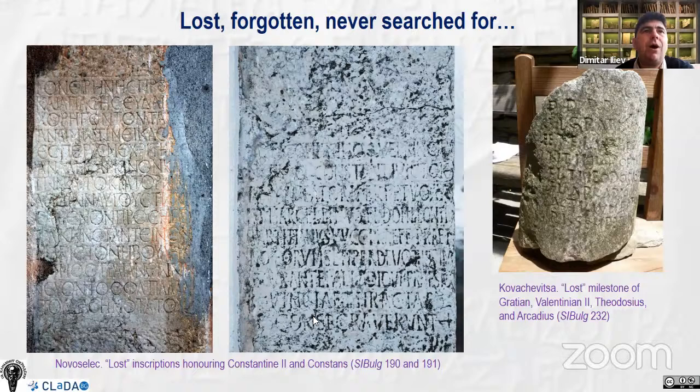For example, one inscription of Constantine II and Constans, which was published by Vasilev in the 1960s and was since considered lost, but we were able to locate it, and it probably awaits our further revision and probably new publication,